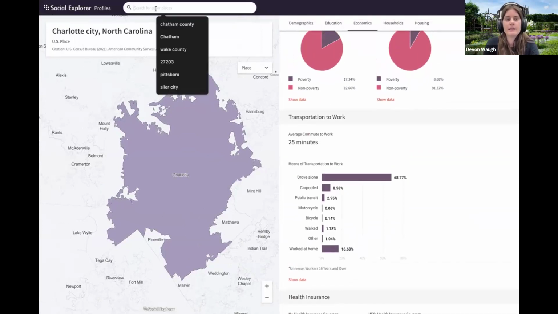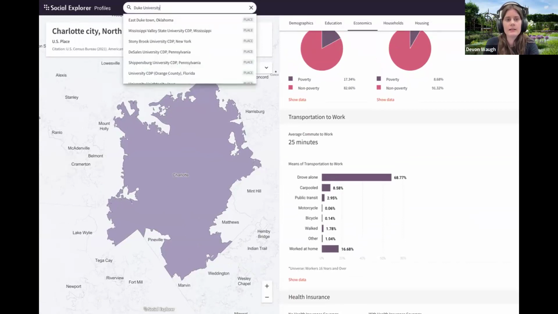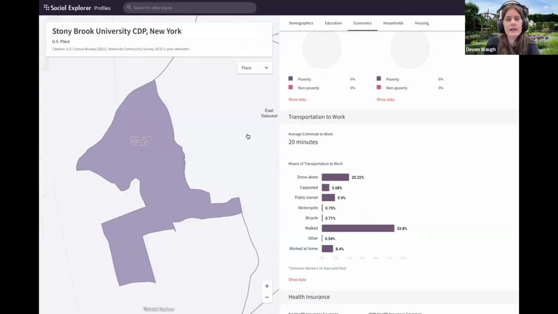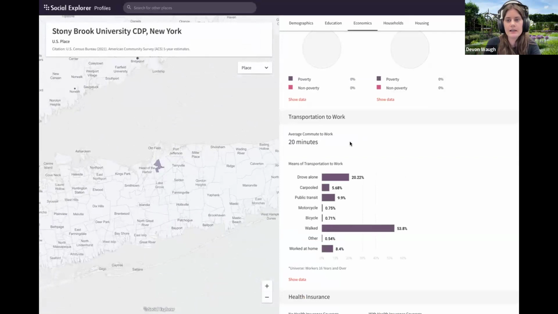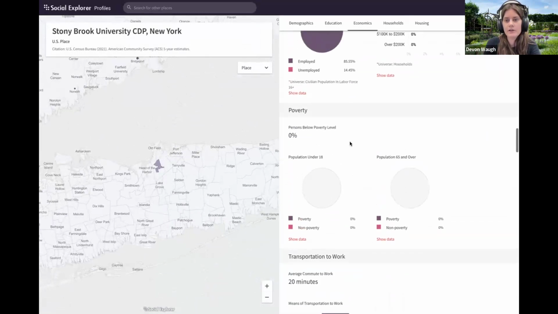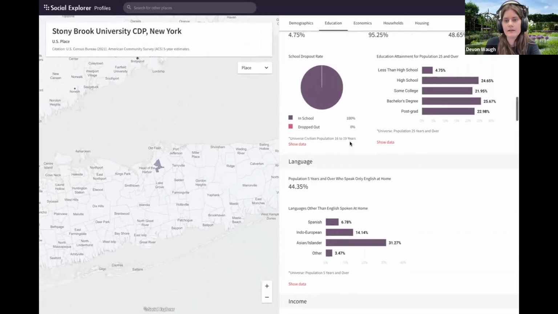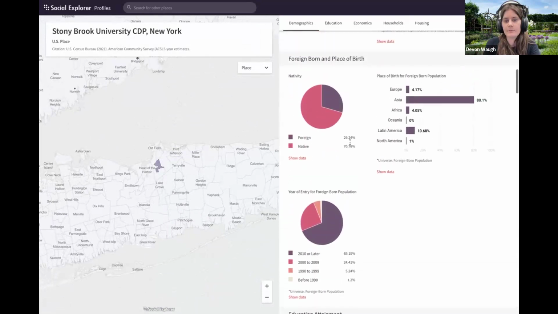You can also search by place. So if I wanted to search and look at, see if I can search by place. You can, yeah. So you can search by university here. Let's see if I can find. Pulled up Stony Brook University. So I'm tempted to take a look here. And this is just a snapshot of the university. Stony Brook is on Long Island. And I can see, if I let it refresh a little bit, some more data